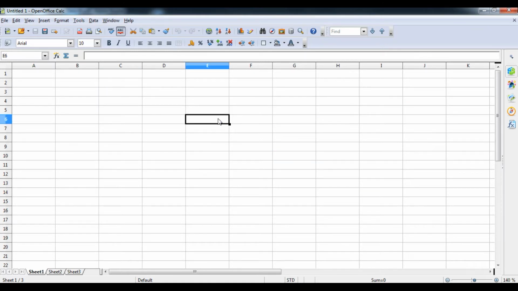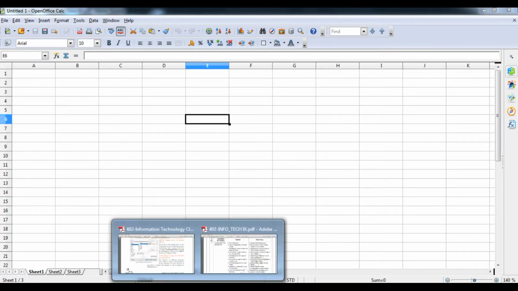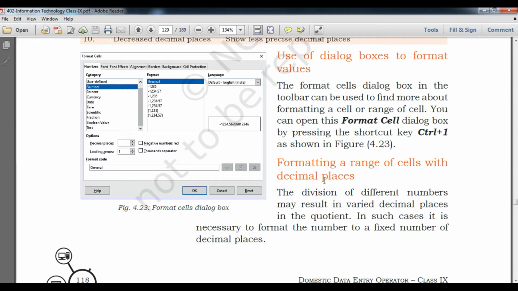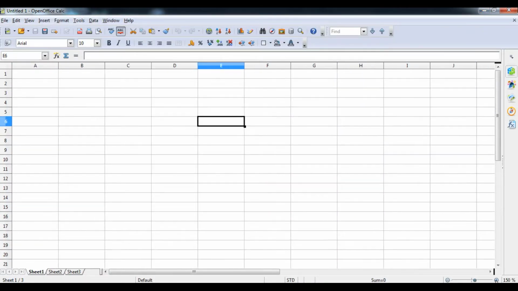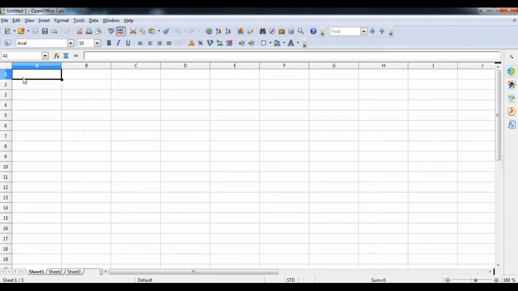Now we are talking about the topic of the day, which is first, formatting a range of cells with decimal places. I will provide some values. I will slightly zoom in, and here I type non-formatted numbers.